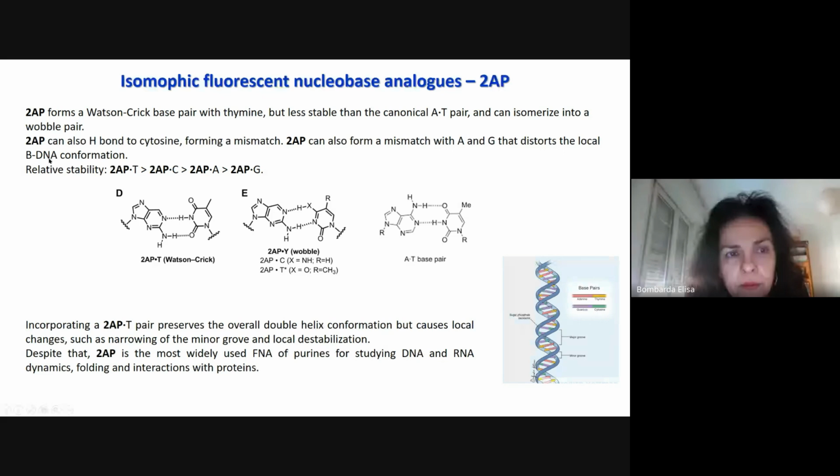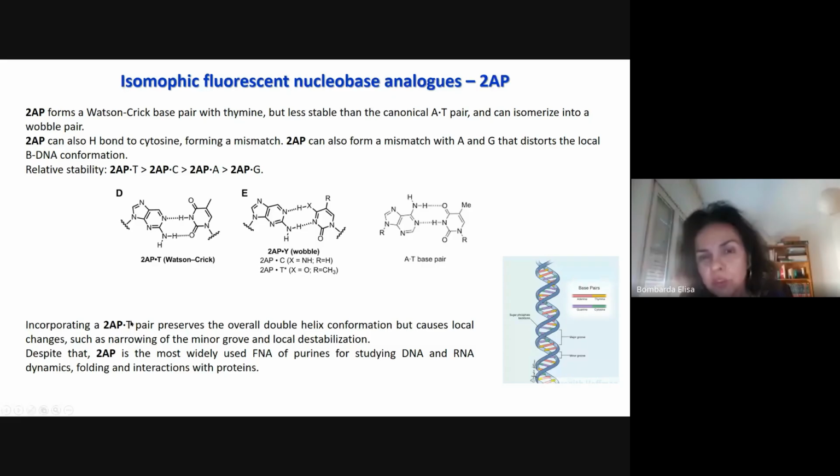And it can also form a mismatch with adenine and with guanine that can distort the local conformation of the B-DNA, which is the most common double helix that we know. So here is the relative stability of the base pairing. They are practically all existing, although less stable, but they all can form, and that is not really a